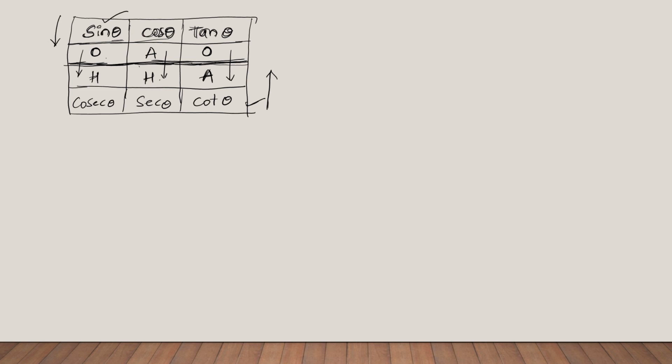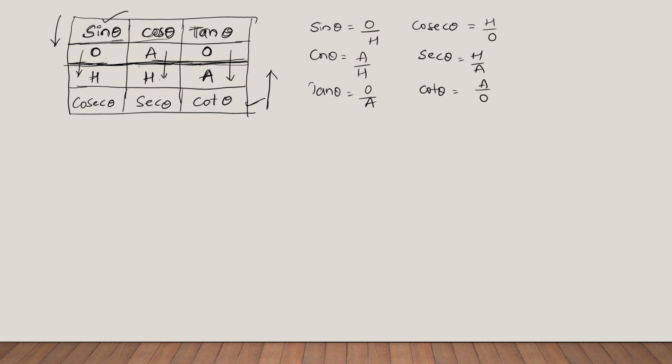So likewise you can easily remember these things. Simply, sin theta you can write as O by H, cos theta you can write as A by H, tan theta you can write as O by A. Similarly, its reciprocal cosecant theta you can write as H by O, secant theta as H by A. Next, cot theta you can write as A by O. So everything lies within this table. If you can remember this particular table, then you can write all these 6 ratios.